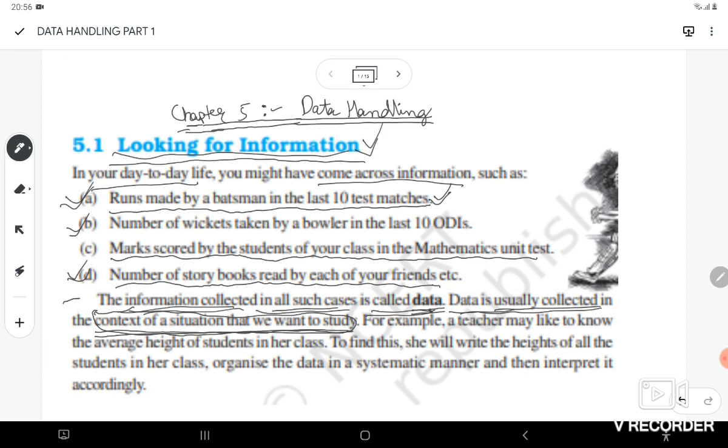What is common in all these cases is that the information collected is called data,